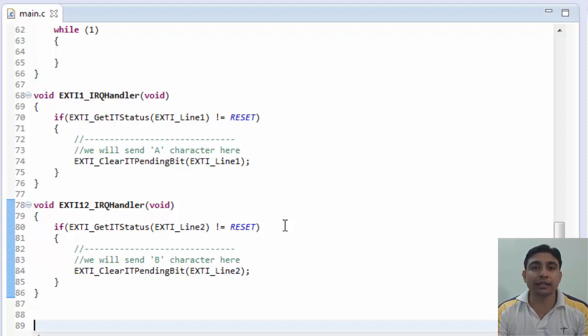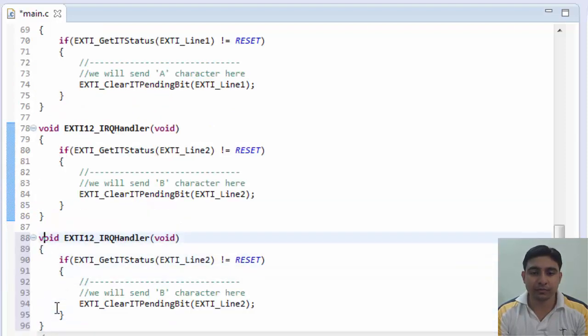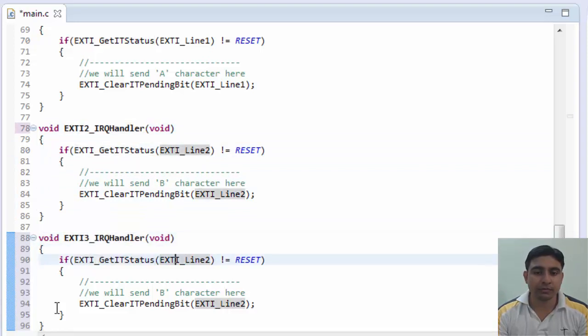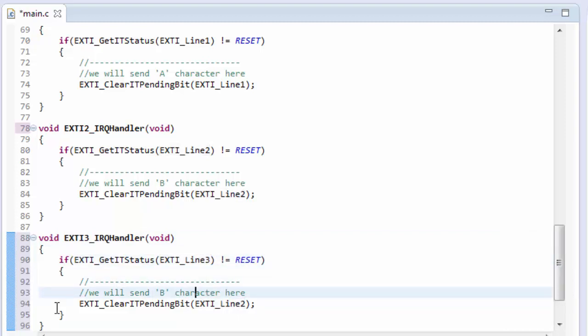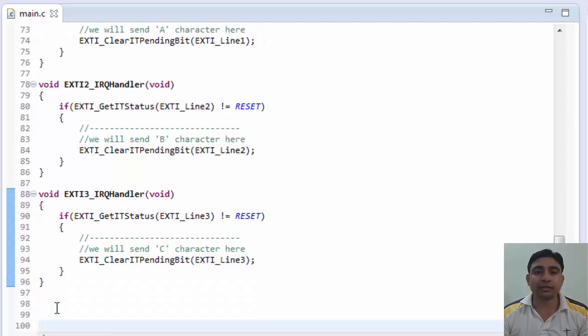Now next, write the service routine for external interrupt line 3. Hence, when the third switch is pressed, this ISR will get executed and it should send the C character.